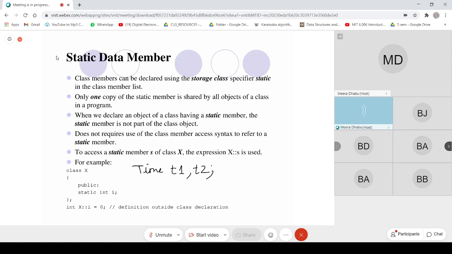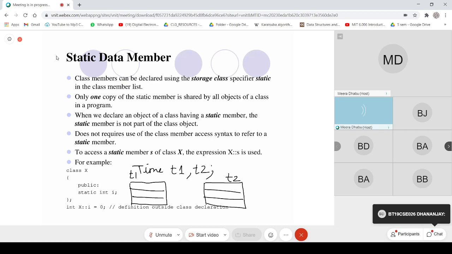Here memory will be allocated for 3 integers, this might be for t1 and this is for object t2. Three data members, so memory to store 3 integer values.